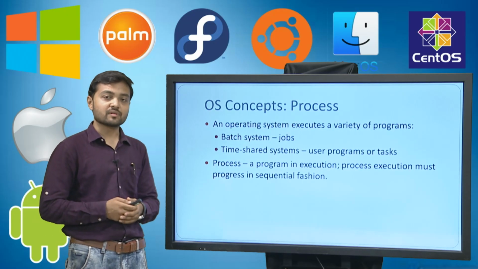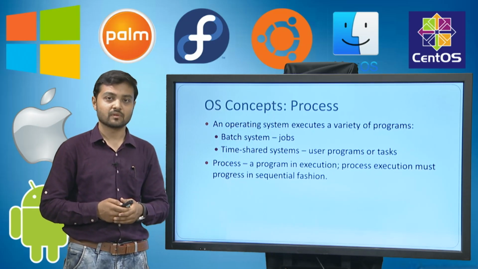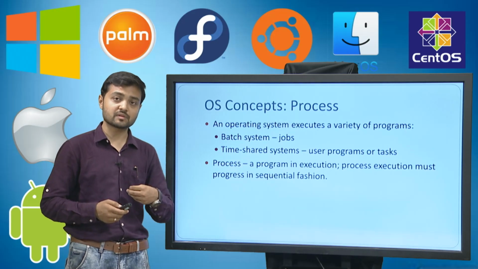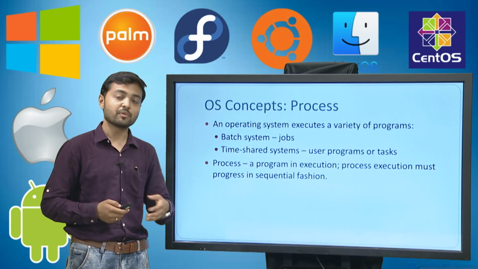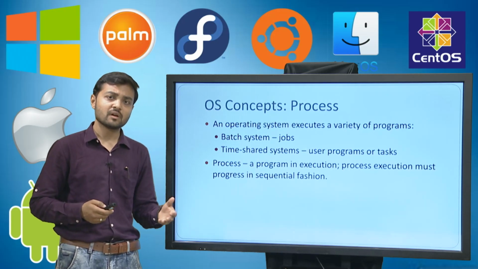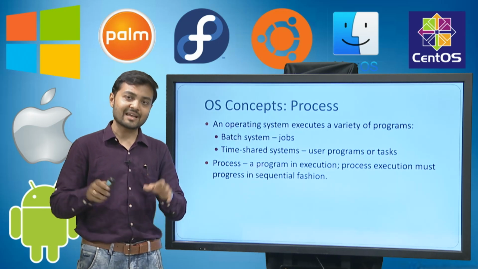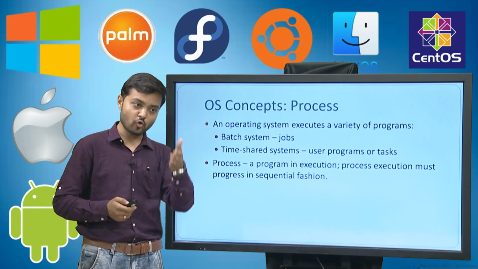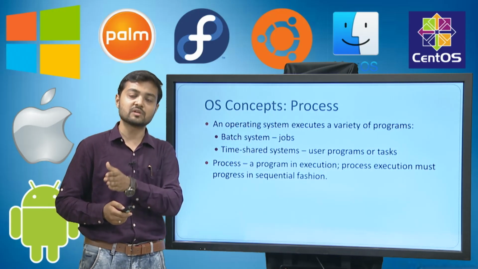Next is the process. This is the main part of the operating system. For every application the user uses, behind the curtain there is a process. That process performs the task for the application. If you press Control Alt Delete, the task manager will open, and in that task manager you can see the number of opened applications, the number of running applications, as well as the processes which run them.